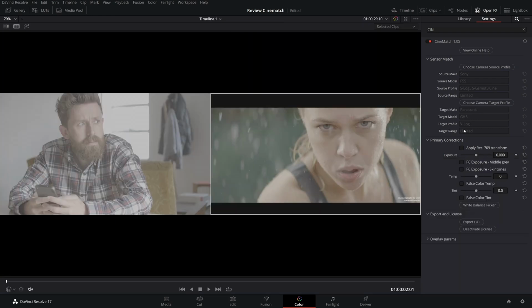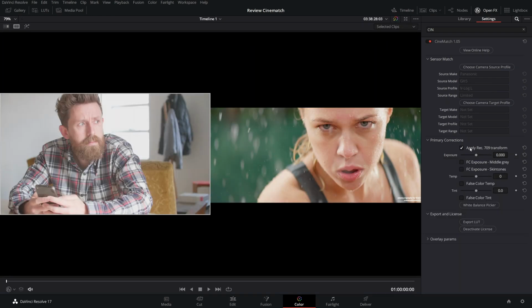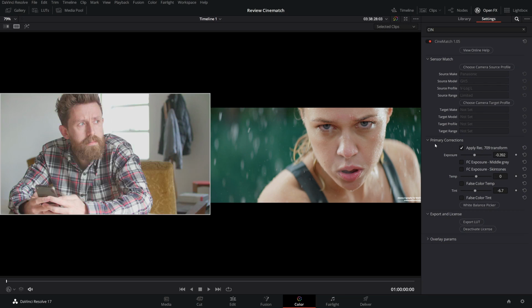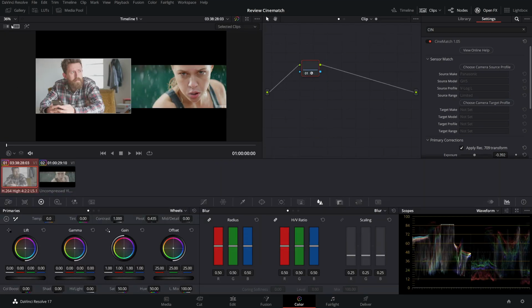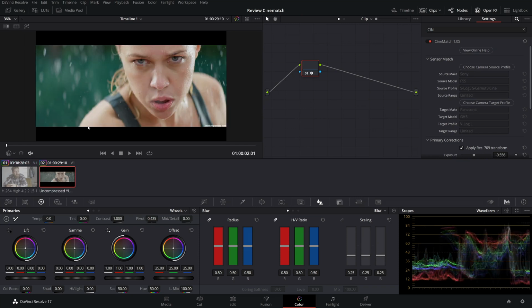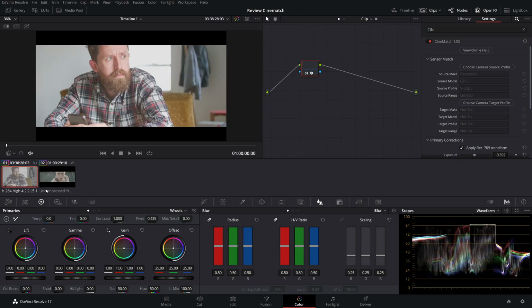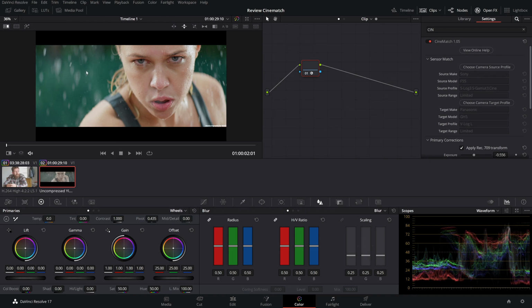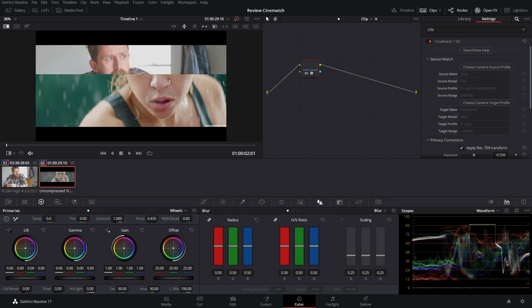Okay, so let me come here, apply, and try to fix the exposure. That's it. And as you can see, their skin is a little different, but there's a tool here which can make another magic, which is this one. I will select this clip to bring this one. So I will save a still here of this clip, and I will compare them here, and they are very different in the skin, as you can see.